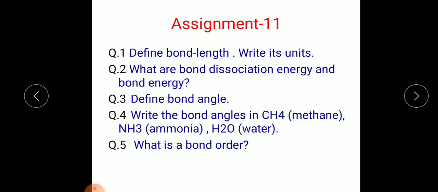Now today's assignment. Question number 1, define bond length and write its unit. Question number 2, what are bond dissociation energy and bond energy? Question number 3, define bond angle. Question number 4, write the bond angles in methane CH4, ammonia NH3 and water H2O. And finally, what is bond order? So complete this assignment and send it in my